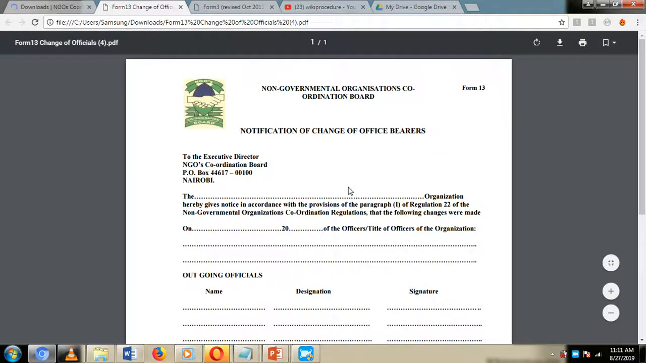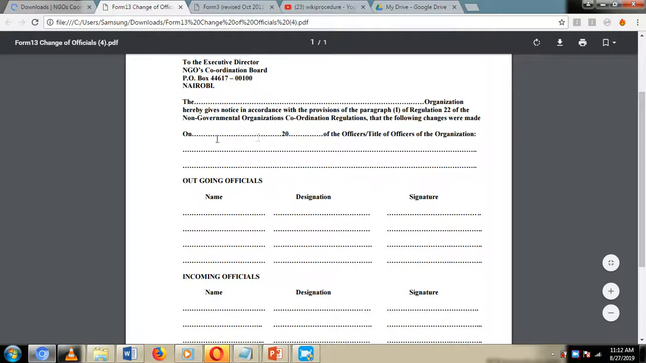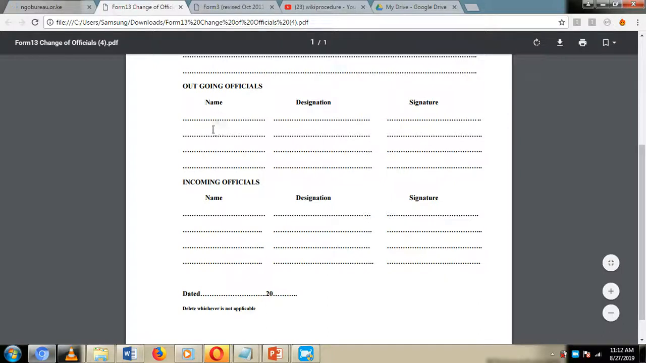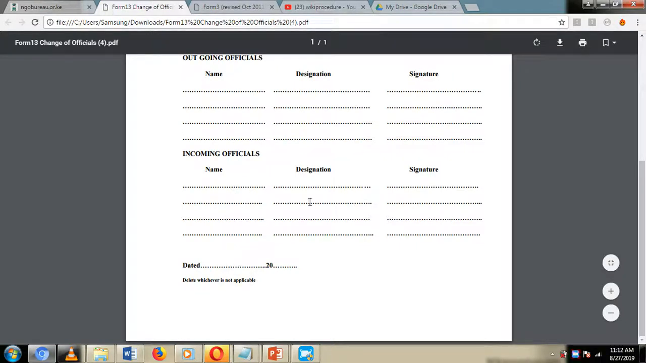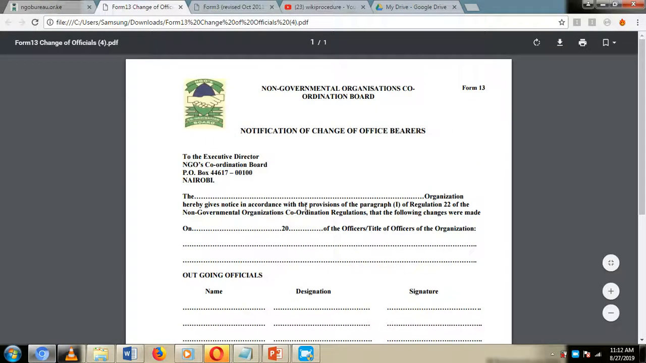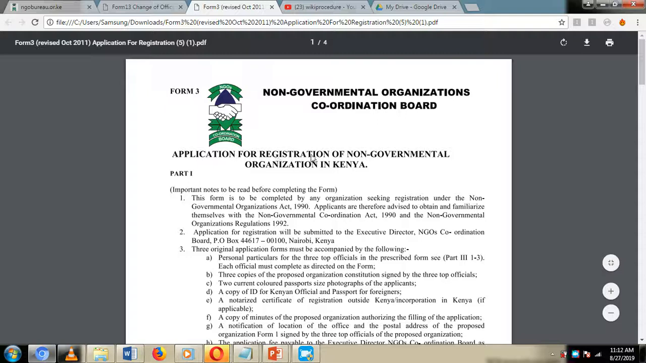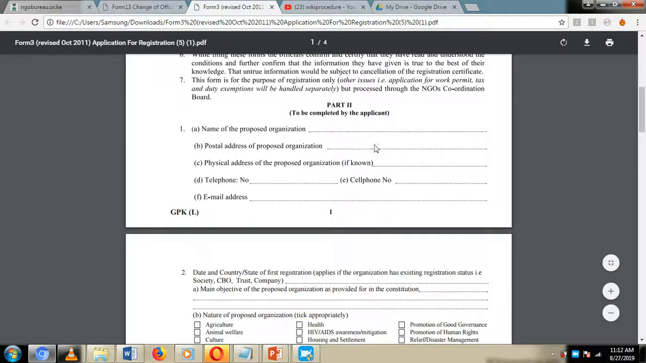So form number 13, you're supposed to fill in the name of the organization, the date, and then state that you want to change the office bearers. The outgoing officials are supposed to write their name, designations, and they're supposed to sign. The incoming officials are supposed to write their name, designation, and they're supposed to sign. You're supposed to also fill this form number 3. Form number 3 is actually the application for registration of the non-governmental organization, and you are supposed now to refill it. So just fill in the general details about the